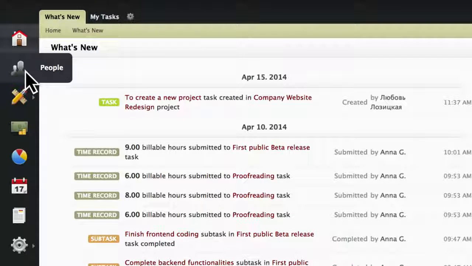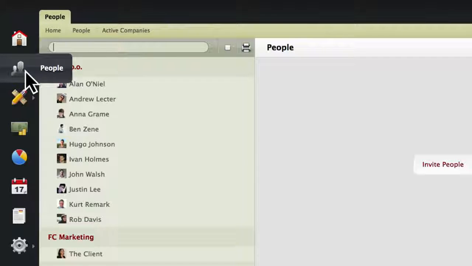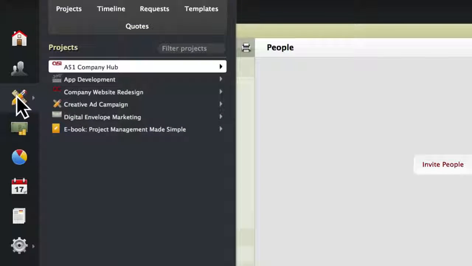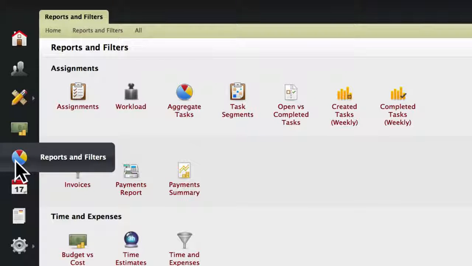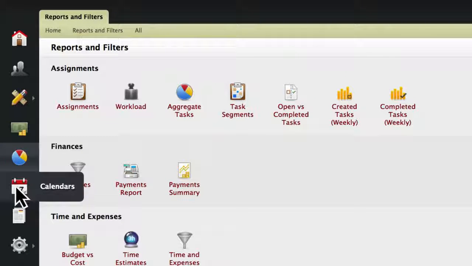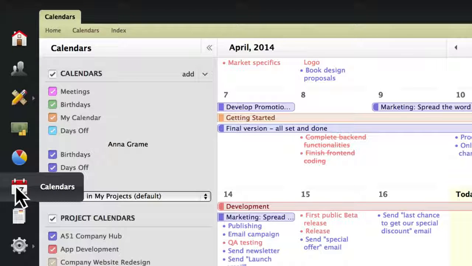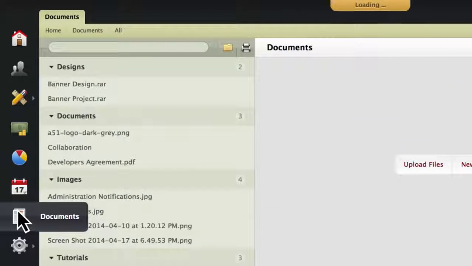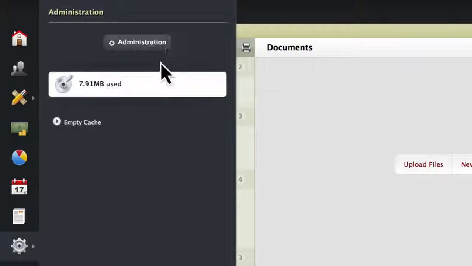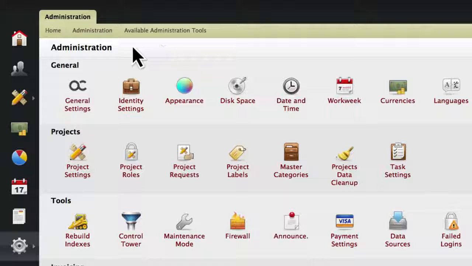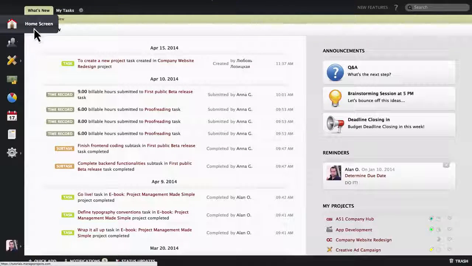Other sections include the people section, which is basically your address book, projects, where you will be doing most of your work, the invoices section for billing your clients, reports, which allow you to summarize your project information, the calendar to display entries with due dates, documents for storing different kinds of files, and the settings page accessible only to the administrator users. Returning to the home screen, you can see it takes us to the What's New tab, which